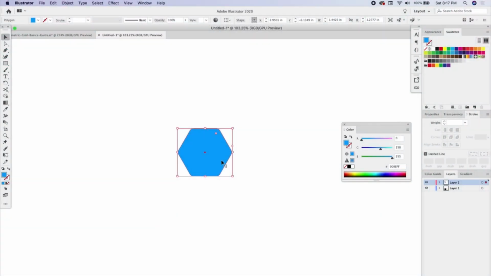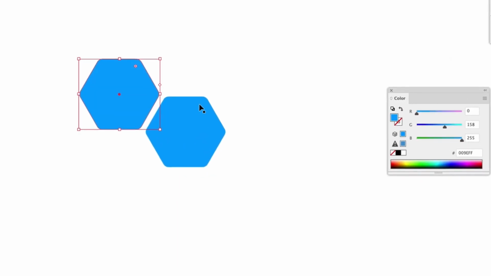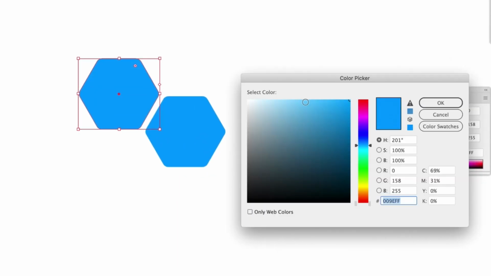What we're going to do is go around here. Of course, you don't have to use this shape. I'm just using it so I can shift this around and show you how they look. So I'm going to drag this over, and we're going to double click on this, and we're going to add,